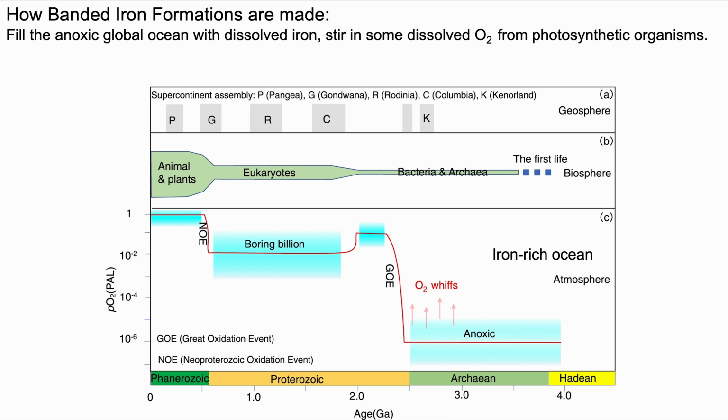As soon as you put oxygen in that water, it's going to bond with iron and drop out. So basically the ocean will rust pretty quickly. You can't put much iron into oxygenated water. It's very insoluble. We see these whiffs of oxygen generating the BIFs. So whiffs equal BIFs. And this is the great oxygenation event here around 2.4 or so billion years ago, when